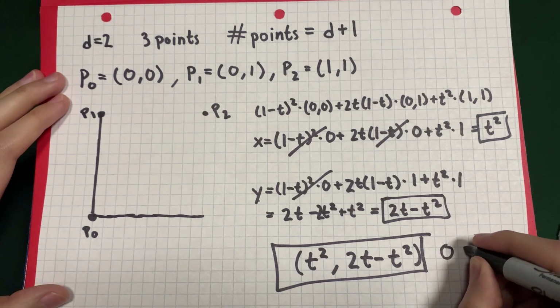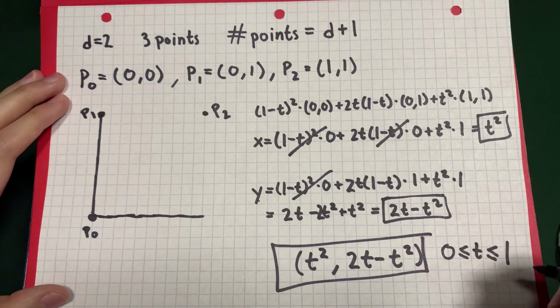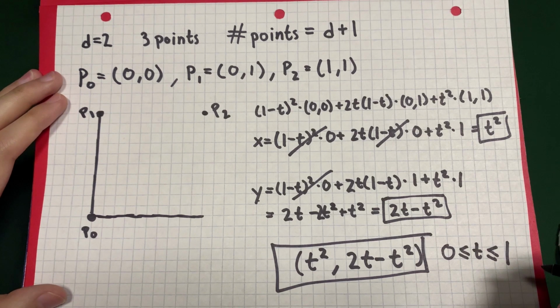When you're plugging in values for t, make sure they range from 0 to 1. If you plug in values for t outside that range, you'll get points that still make sense, but they lie outside of the bounds of the first and last points. So let's just stick with 0 to 1. Ideally, you'd plug in all values between 0 and 1 to get a perfect curve, but there's an infinite number of values between 0 and 1, so we'll just plug in a few and connect the dots as best as we can.